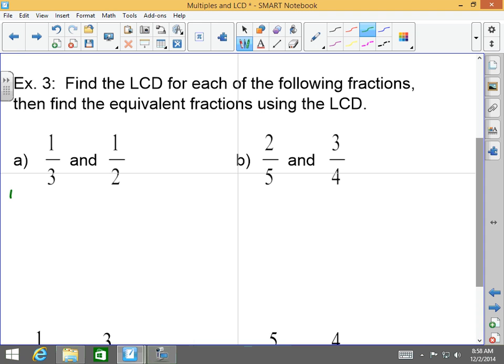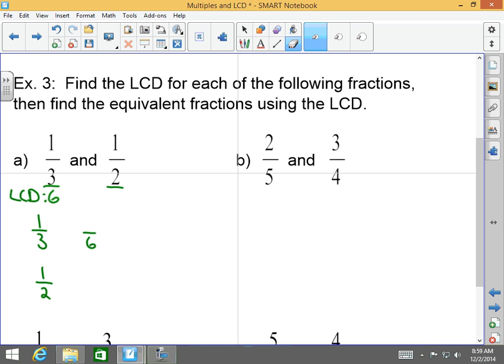What is the least common denominator here of 3 and 2? 6, guys. When in doubt, you can just multiply them together. What are the multiples of 3, guys? 3, 6, 9. What are the multiples of 2, guys? 2, 4, 6. Which is the least common denominator here? 6. Now, that 1/3, I've got to convert it into something over 6. And that 1/2, I have to convert it into, actually, let me go ahead and make this a little easier for us,